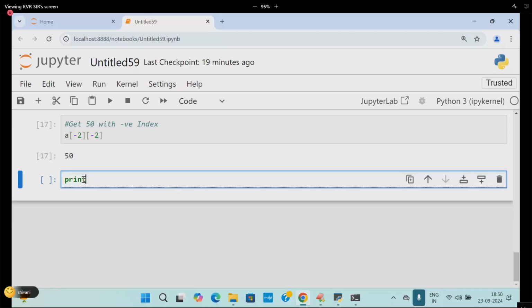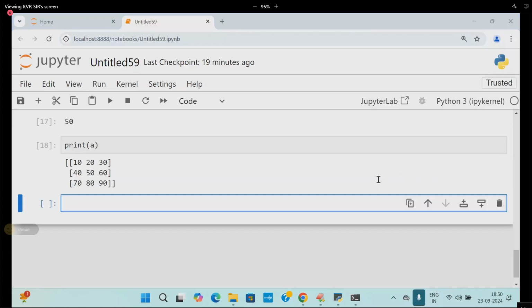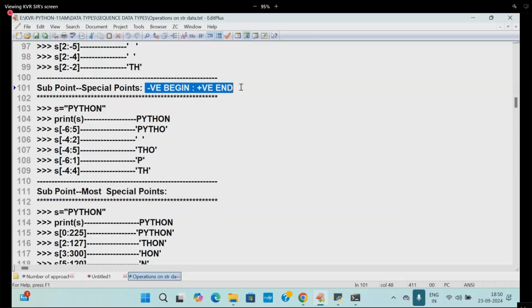We can use it. This is usually discussed at normal Python level only. Here we have negative index. Next is called what? Negative, positive; negative, positive; positive, negative; negative, negative; positive, positive. Four different combinations.